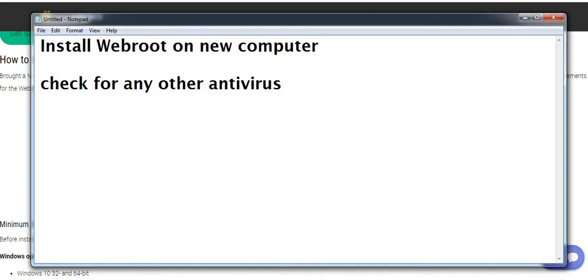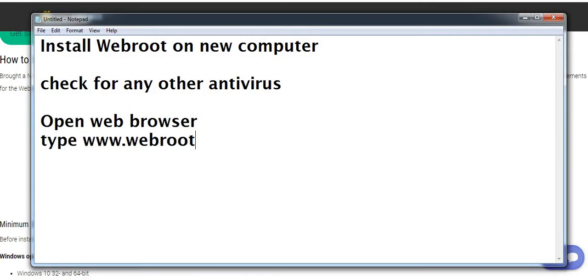Now first of all just open the computer and open a web browser. If you have a new computer, then you must have Microsoft Edge, which is like a small e. Click on that to open the web browser, and in the URL box you need to type a URL, that is www.webroot.com/save.